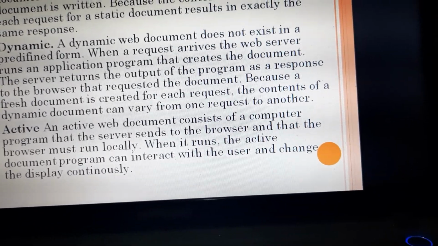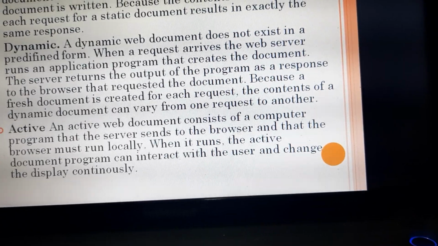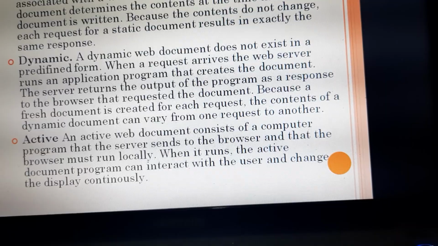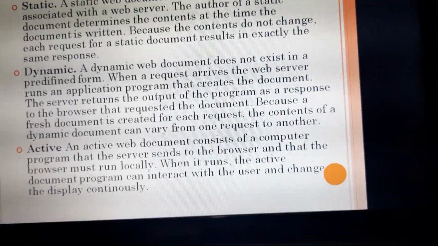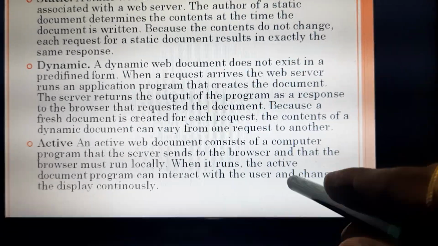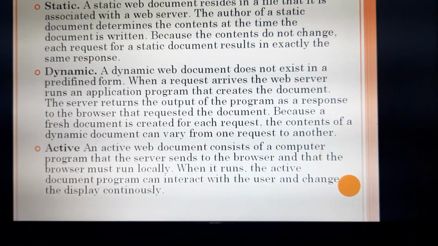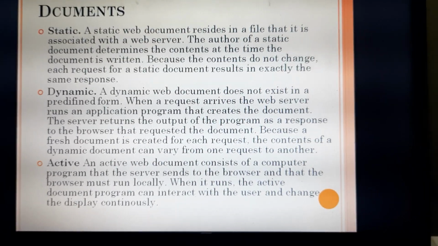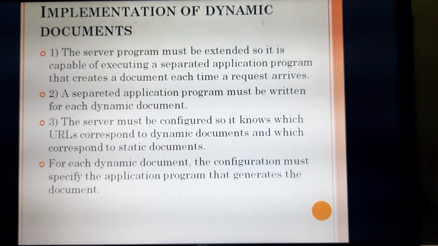When it runs, the active document program can interact with the user and change the display continuously. So based on the user's request, it changes and displays continuously. That is the use of active web documents, or active web pages.